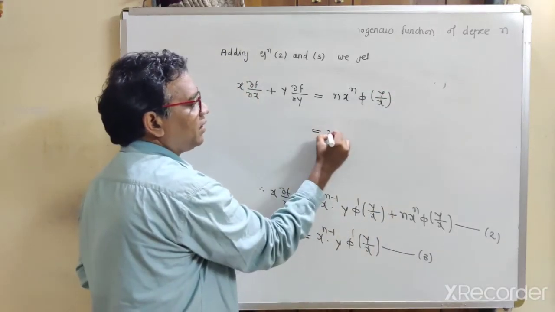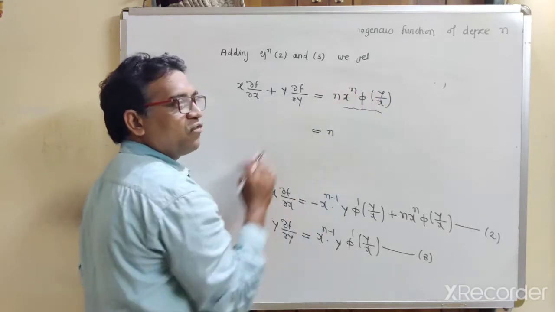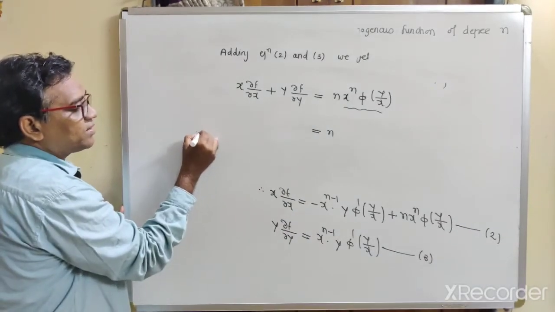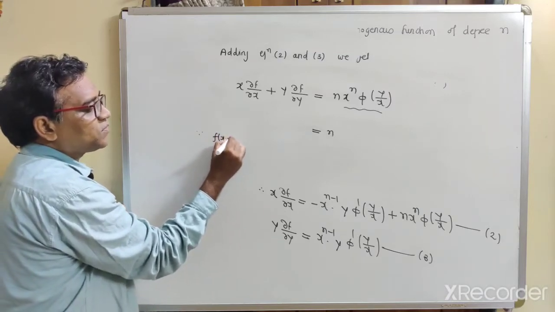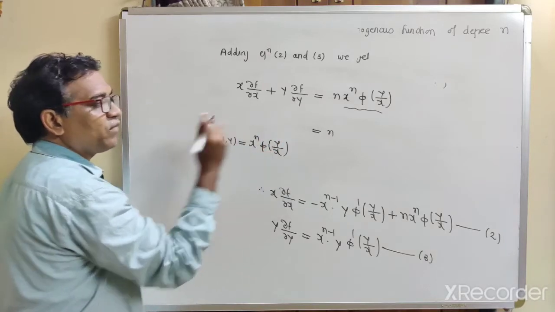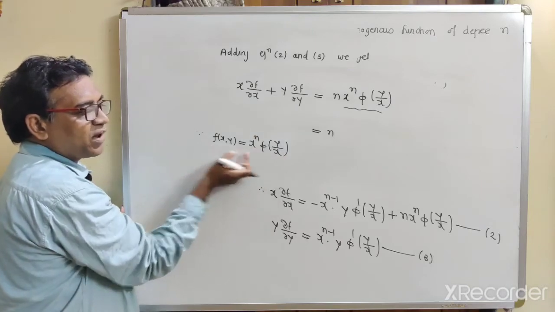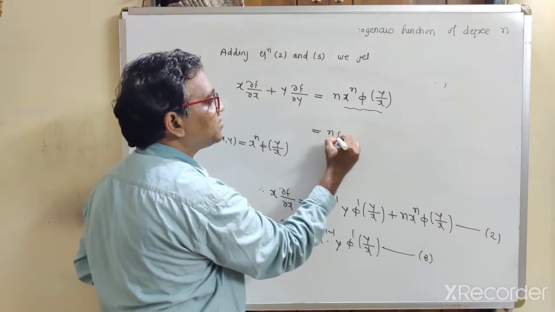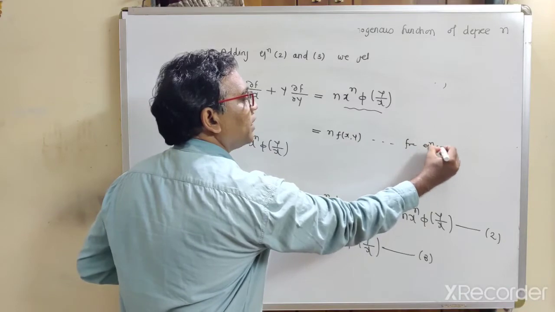So this is equal to n, and what is this equation? x raised to n into a function of y by x. This is our equation 1. Because f(x,y) is a homogeneous function, we can express f(x,y) as x raised to n into a function of y by x. So instead of this value, we can put f(x,y). This is from equation 1, so just put this value. This is nothing but f(x,y). So write here the reason: this is from equation 1.